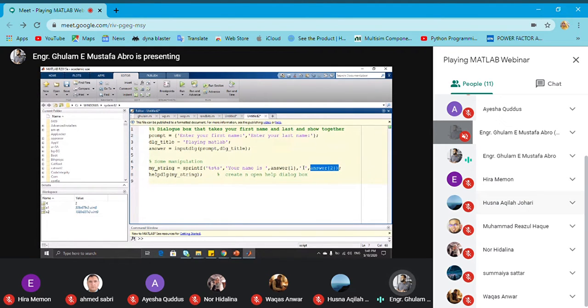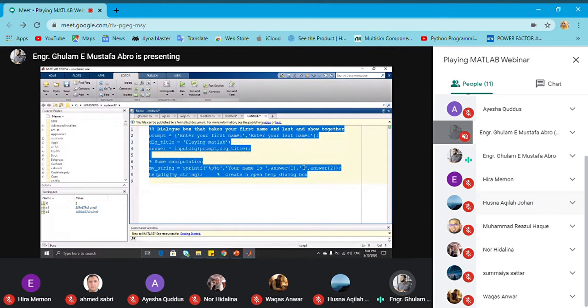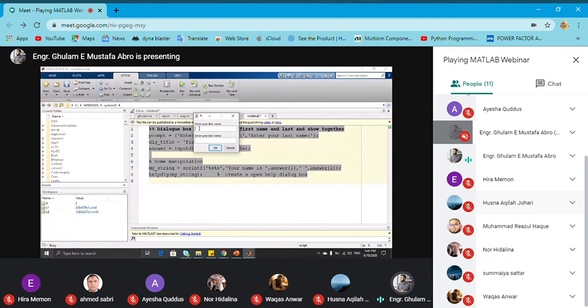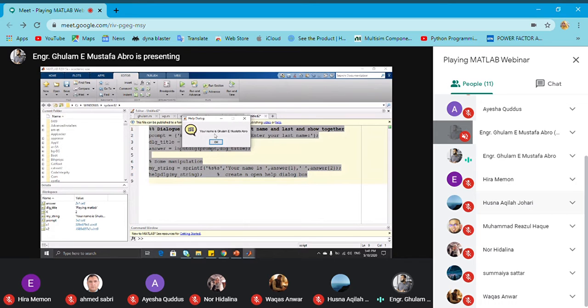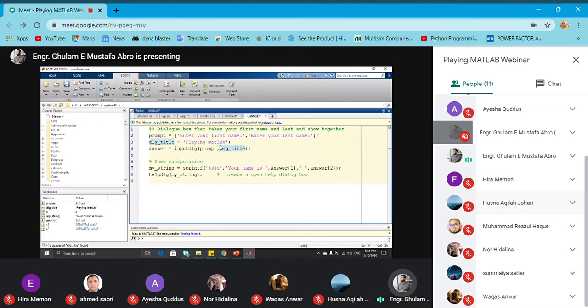So if I run it, you can see that it will ask you to enter your first name. So if I write Ghulam Mustafa, and my surname, that is Abro, and I say okay, it will collectively show me that your full name is this one. It shows your name is Ghulam Mustafa Abro. So this is how you generate a dialog box for first name or second name. You can create an application that requires a username and password and something like that. So you can do this thing